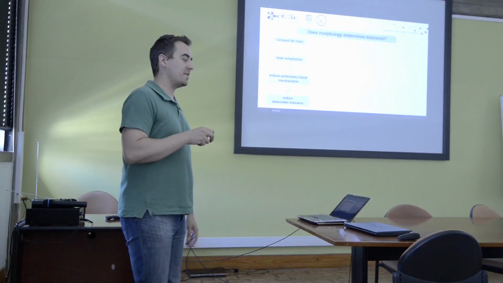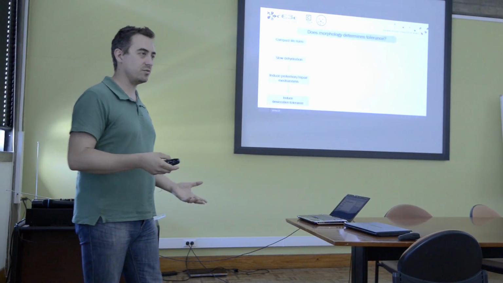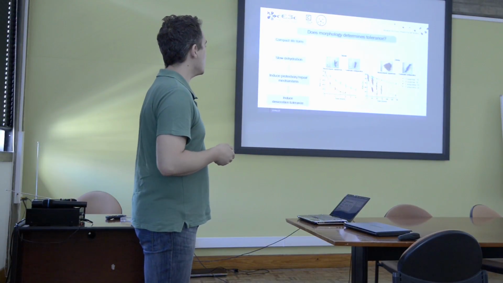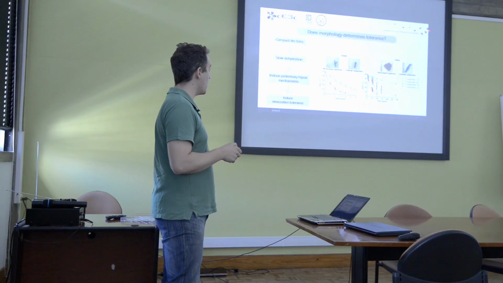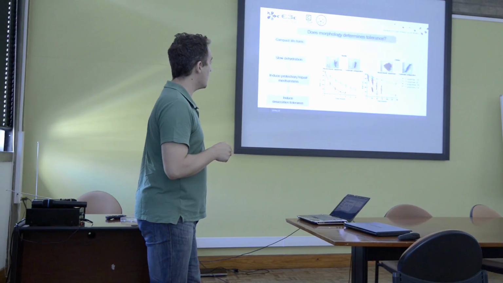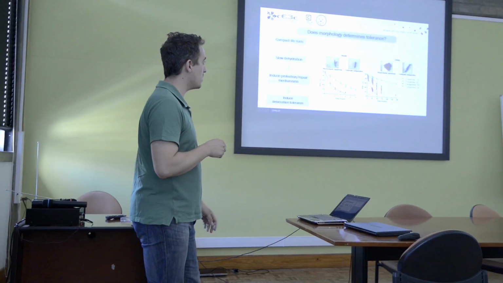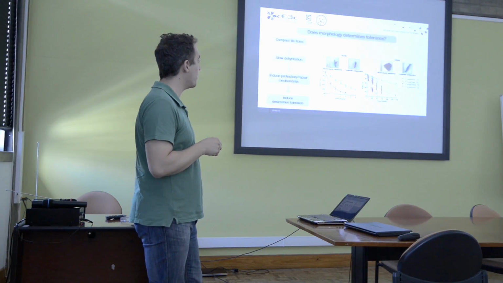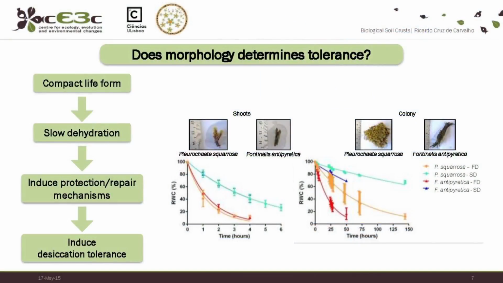This is the theme that I'm starting to work on. I did a simple experiment. I took Pleurochaete squarrosa, also a Mediterranean bryophyte, from semi-arid areas, and took the shoots,